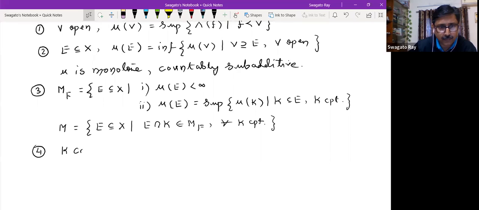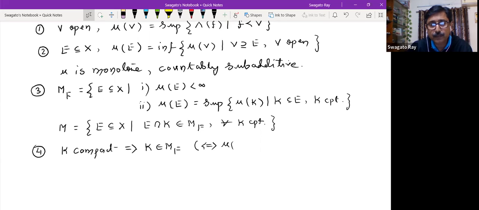Suppose K is compact, then this implies that K belongs to MF, which is the same as saying that the measure of K is finite, since K is in MF. And more importantly, that this measure of K